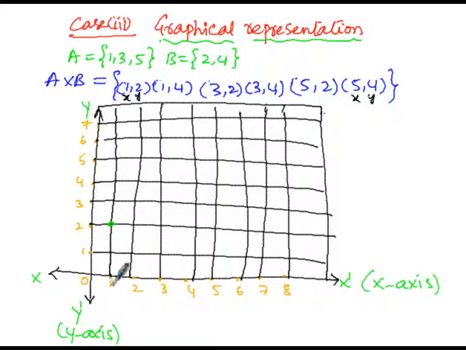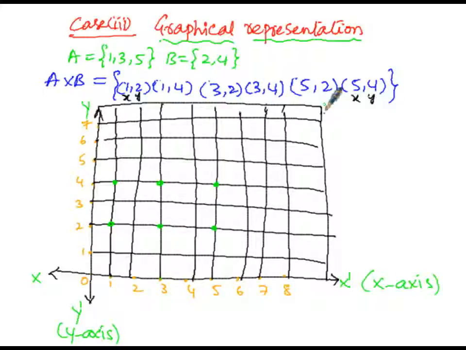On the x axis 1 and on the y axis 4. So here 1, 4 and 3, 2. So here on the x axis 3 and on the y axis 2. So here 3, 2, the point lies here, and 3, 4 is the next ordered pair. So 3 and 4, the point lies here, and 5, 2 is the next ordered pair. So here 5 on the x axis and 2 on the y axis. So 5 and 2, the point lies here, and 5, 4 is the last ordered pair. On the x axis 5 and on the y axis 4. So here these are the 6 points of the 6 ordered pairs.